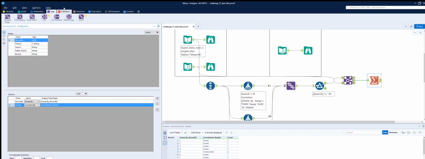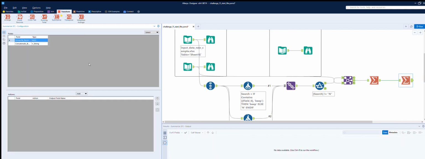We just need to summarize again. So we can group by the string, and it doesn't really matter which row we do, we just want to count them. Okay, so if we run that,